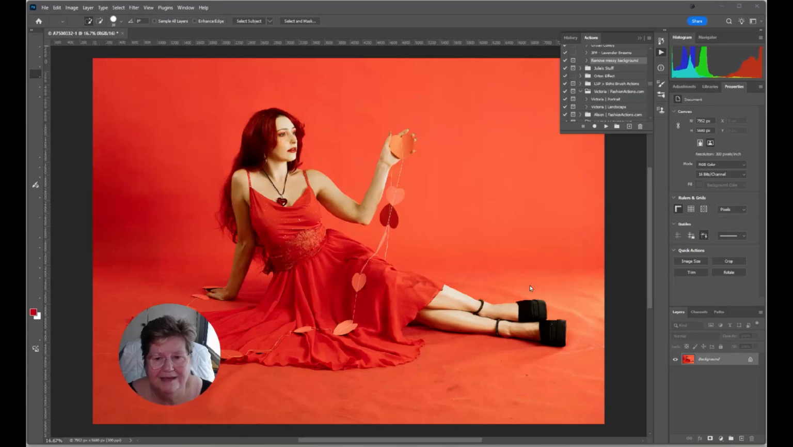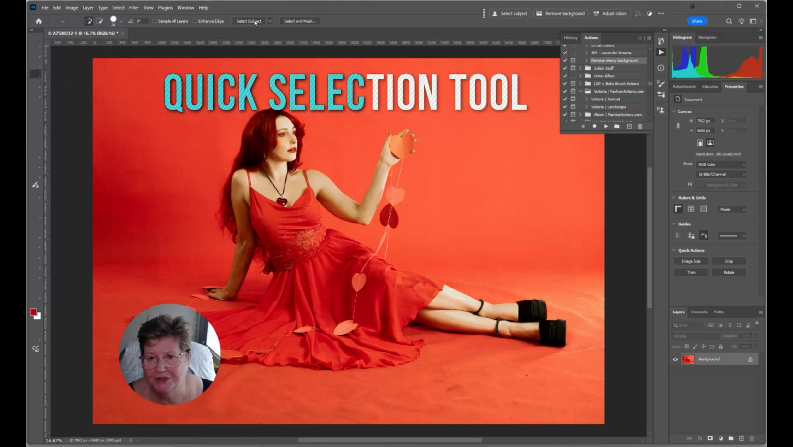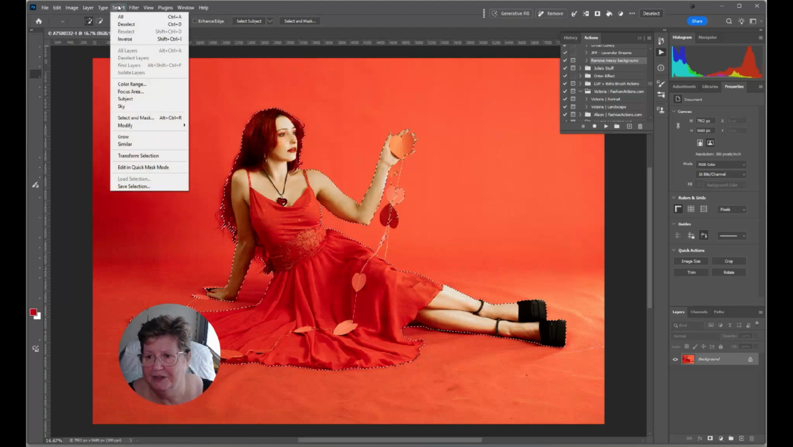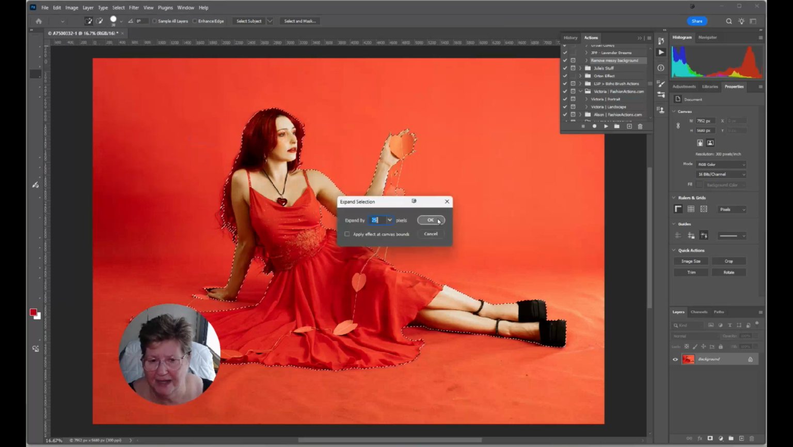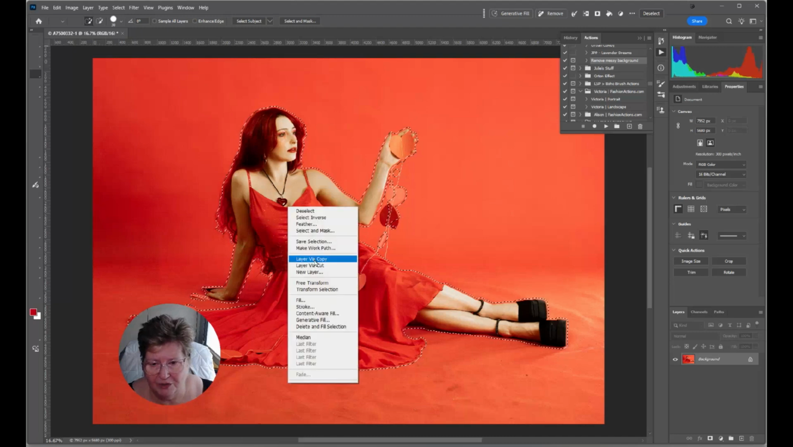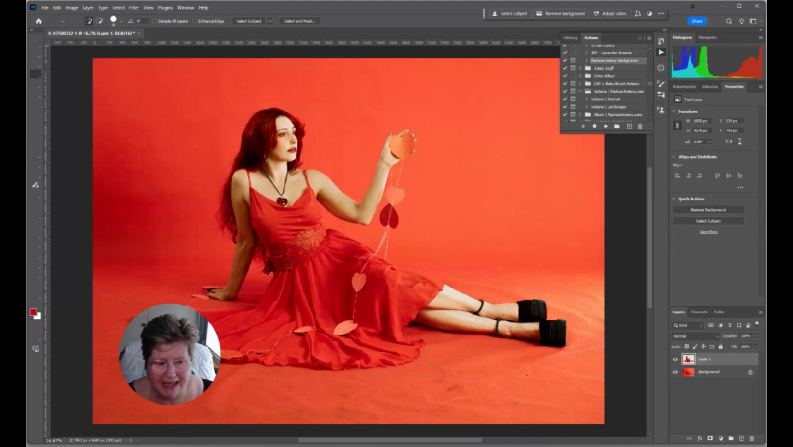Okay, so here is my image with model Jessie, and what I'm going to do is go into my quick selection tools and select my subject. And yes, I have lost all my tools from there again. But anyway, I'm then going to go Select, Modify, and I want to expand that to about 25 pixels. Then I'm going to do Layer via Copy. So I'm going to make a layer